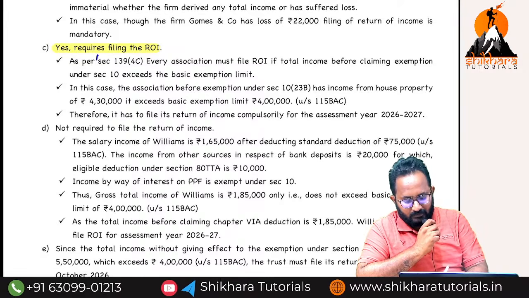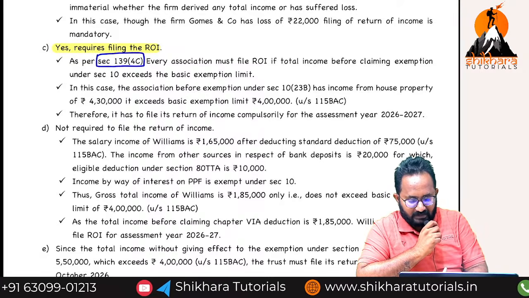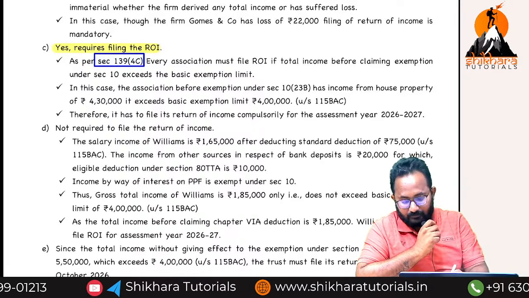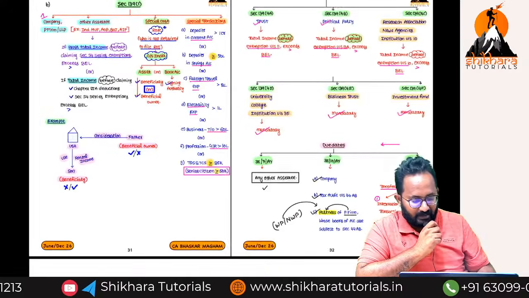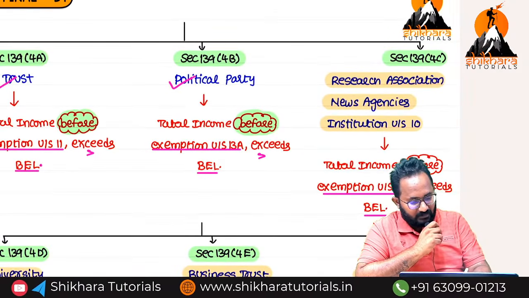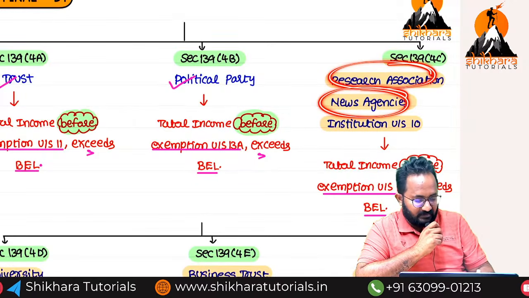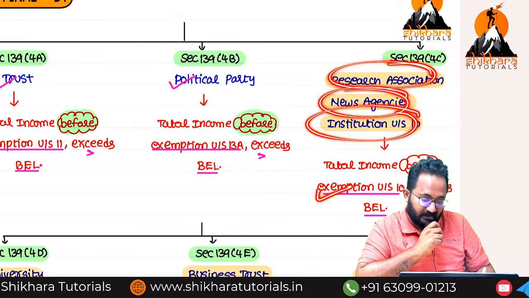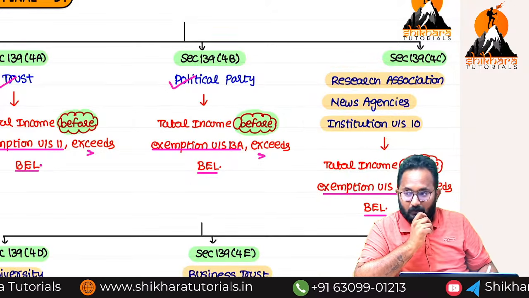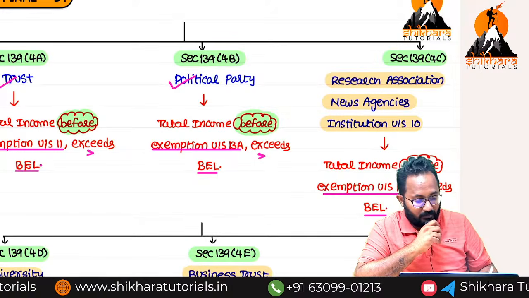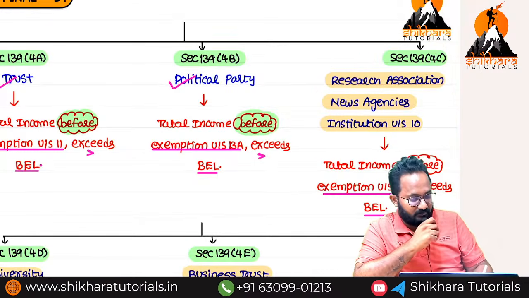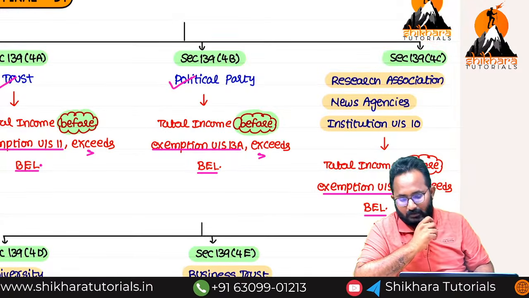Remember, if you observe, open 139(4C), Ma. 139(4C). Yes, we discussed that in our handwritten notes also. This is only for associations, news agencies, institutions under section 10. Before claiming exemption under section 10, if their total income exceeds the basic exemption limit, they are required to file the return. This is what we use here. Next